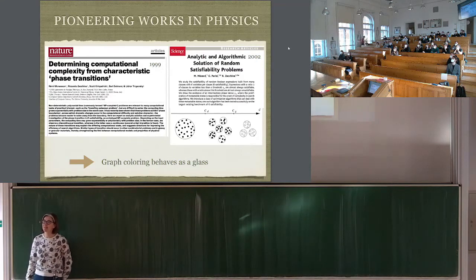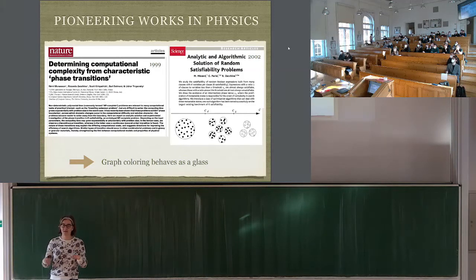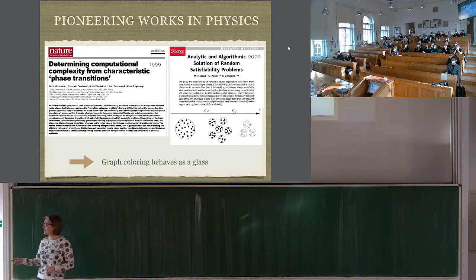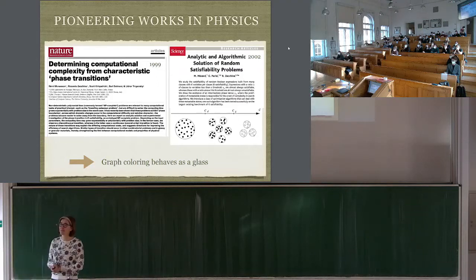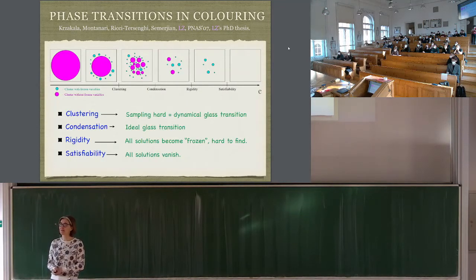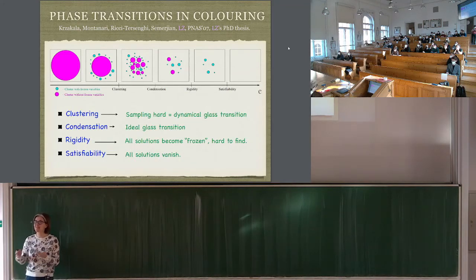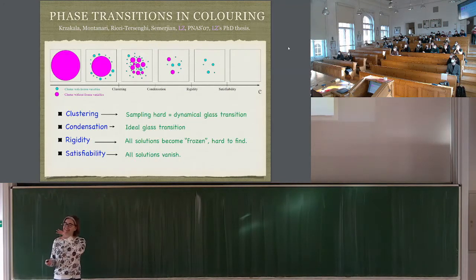And what they found in those papers is that on a very fundamental mathematical level, this graph coloring problem behaves as a glass. The nature of the phase transitions there is really similar to what you need to do in physics to describe the glass in the window, how that is behaving. And that was fascinating. And okay, I read that paper, I contacted the first author of it, did my PhD with him, and this is kind of the picture from my PhD thesis about graph coloring. We actually uncovered a whole series of phase transitions.